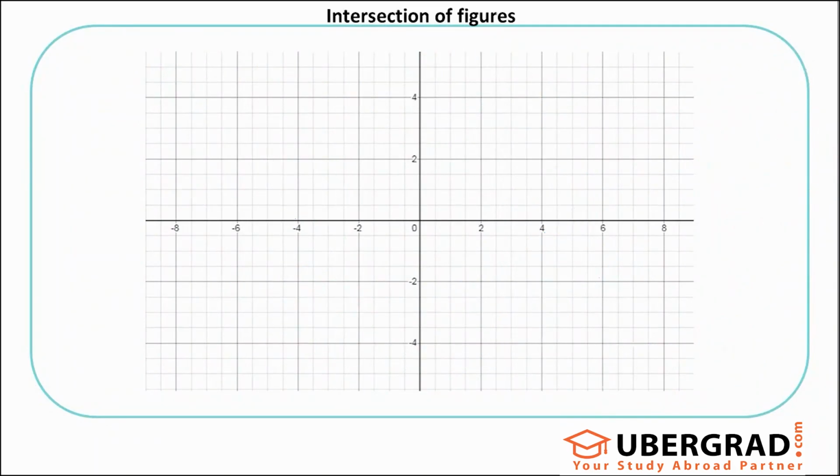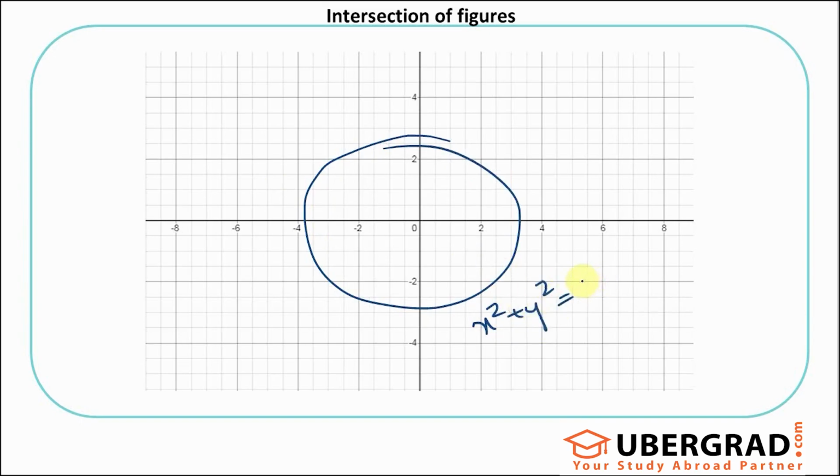Sometimes you might see figures beyond this, right? Let's say I'm talking about a parabola or a circle. Let's talk about a simple circle. This equation is x square plus y square equals 3 square, which is 9. It's cutting at 3, 3 and 3. I've drawn a bigger circle, but anyway, let's say there's another line like this which passes through and cuts